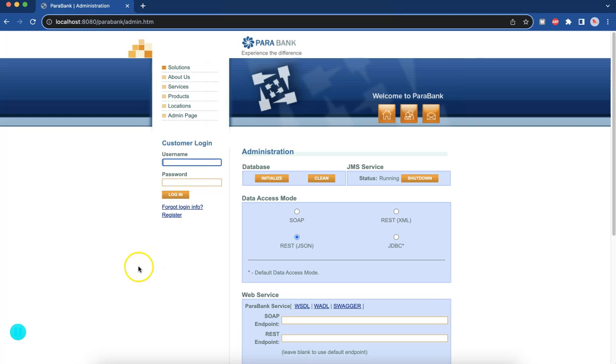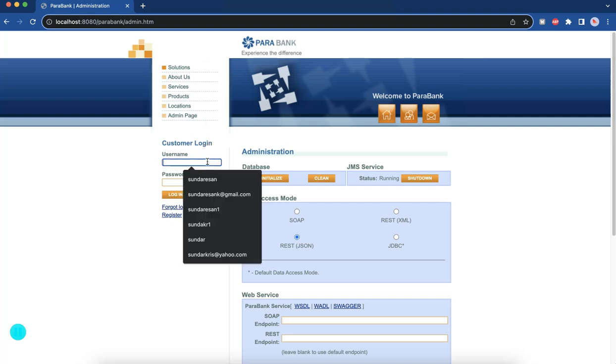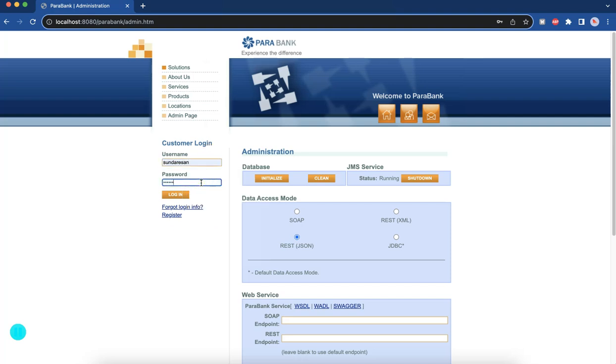So I'm going to break the mold a little here and write a couple of API tests along with my UI tests. So let's go back to the same Parabank application. As soon as you log in,